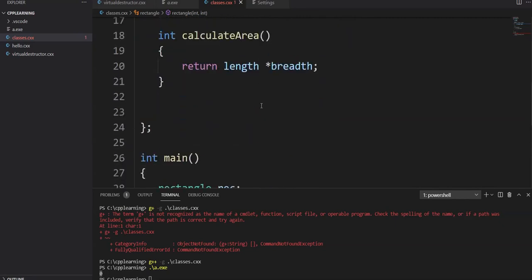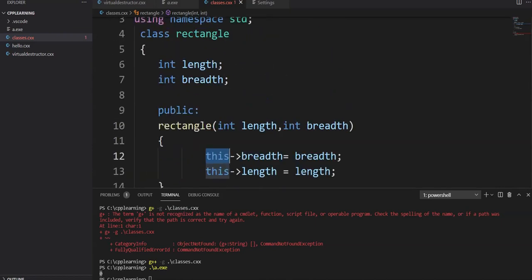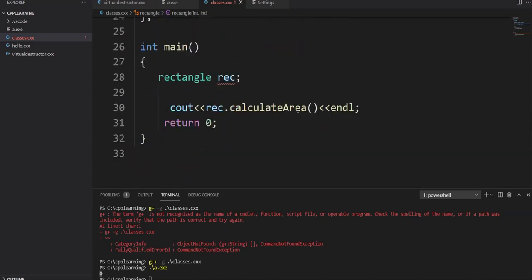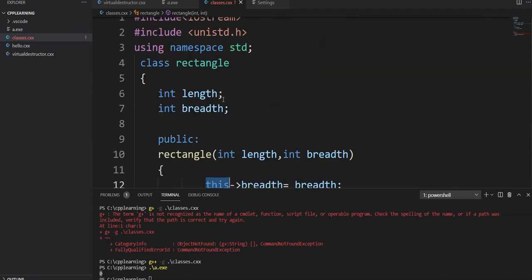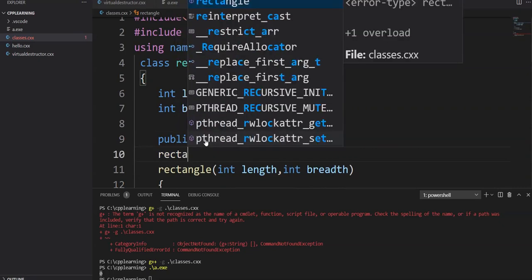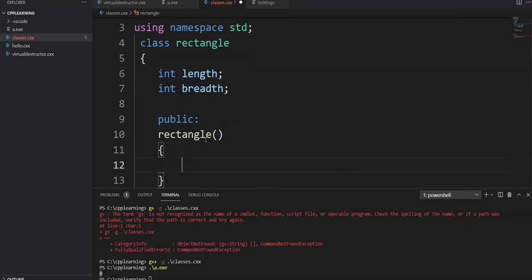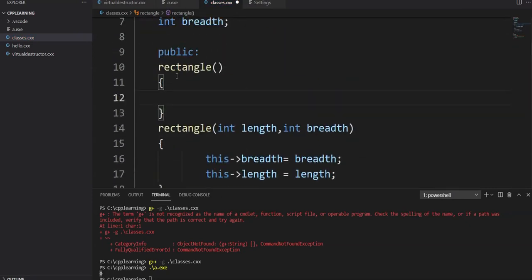Now see, we get an error saying no default constructor exists for this class, because we have written a parameterized constructor rectangle with 2 parameters. So this is throwing an error because there is no default constructor. By default C++ provides some constructors, but we can get rid of this error in 2 ways, either by writing a default constructor rectangle.